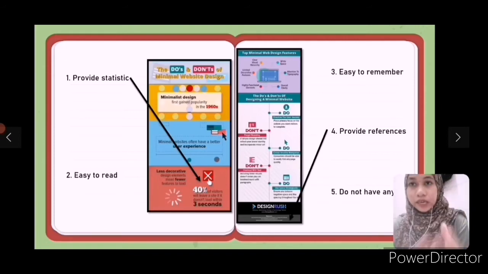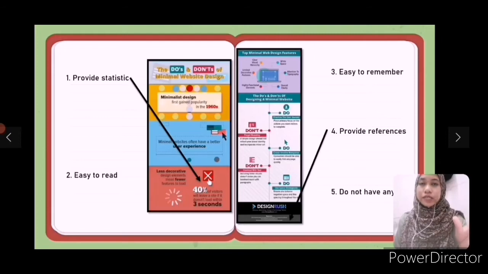As we can see in the infographic itself, there are many icons, and the icons are related to the content given in the infographic. Therefore, I dare say that the infographic is very eye-catching with the colorful design and the structured design of the infographic.